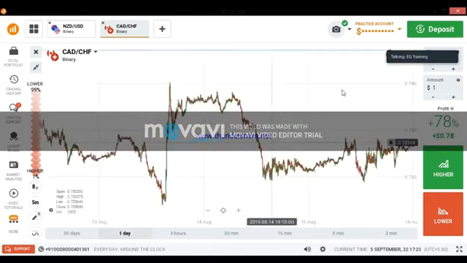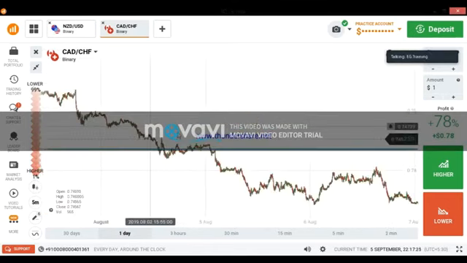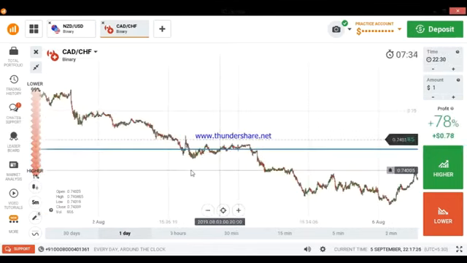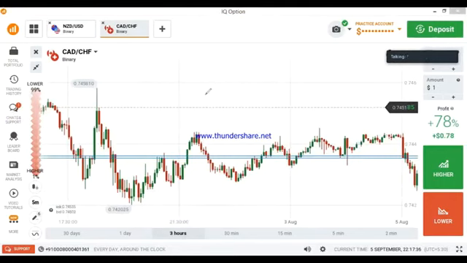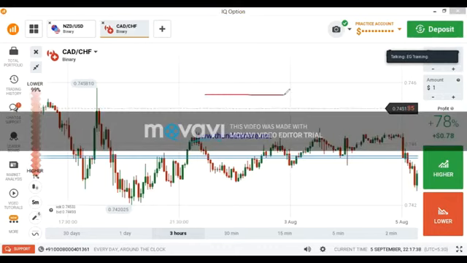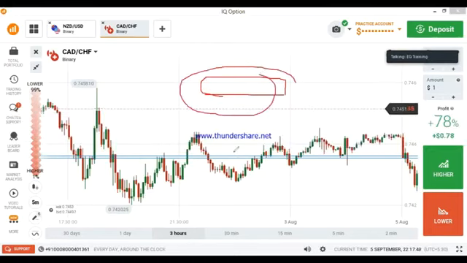I will show you. Sir, why are there two lines? You drew two lines on that. The reason why is because we can't draw the SNR level with one line, because the level is an area. Okay, the support and resistance level is an area. We need to draw two levels, the entire area. Clear? Okay, sir. We can't draw it with one single line.